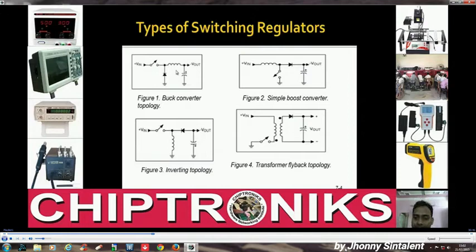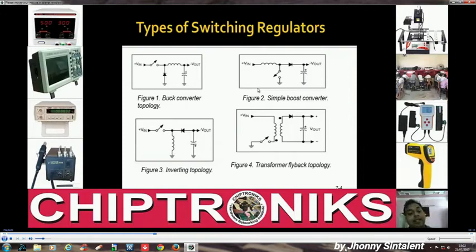So that is the change when we employ an inductor, and we will understand it in the next slide. And this is a simple boost converter. In the buck and the boost you can see the difference. The switch is here in one, and here in the other. The diode is employed over here, whereas in the other the diode is employed here. So that is the basic configuration of a buck converter and a boost converter, and I have tried to list